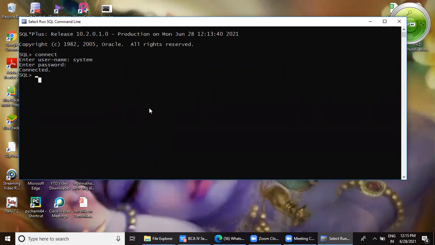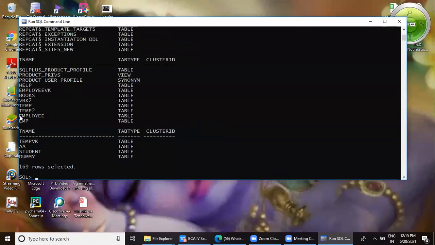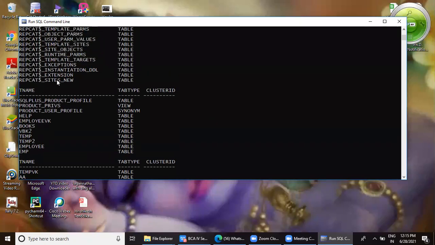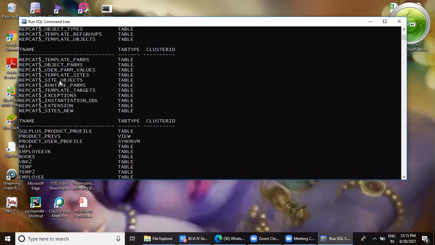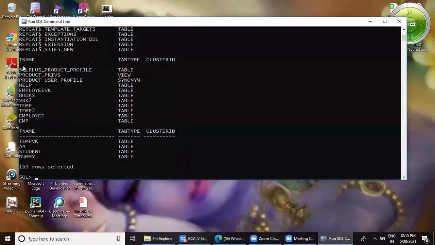To see the existing tables, we have to give a command called select star from tab, which will list all the tables right now present in my database. So when I give semicolon and press enter, initially in the list, it will be all system related tables. Down you can see these are user defined tables.